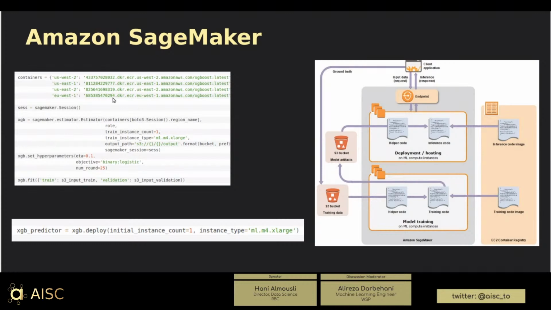So let's look at it in a bit more detail. If I want to run, let's say, the Amazon XGBoost algorithm, I'm not talking about shipping my own container now. I'm just using their own container. And it's as easy as that. The first thing you see is xgb equals sagemaker.estimator.Estimator. The first thing I want to provide is the image name. Here you see different images depending on the region you are in on AWS, but you can just give the name of the image, let's say XGBoost latest. That's the ID of it.